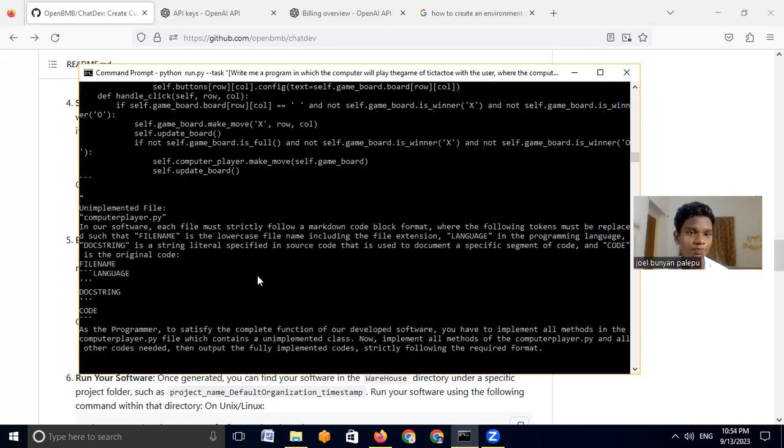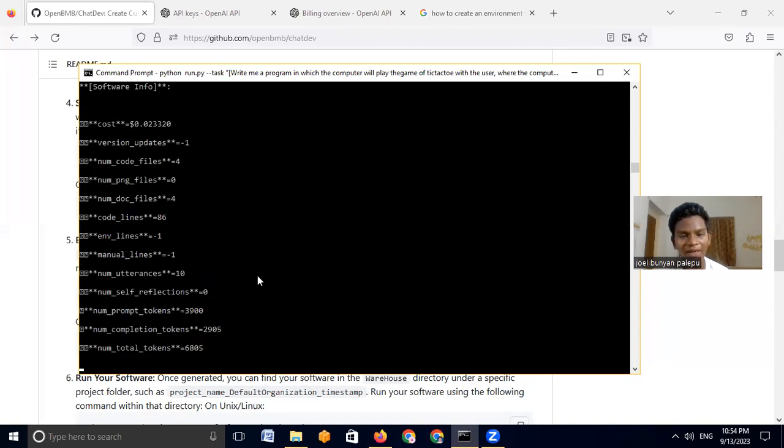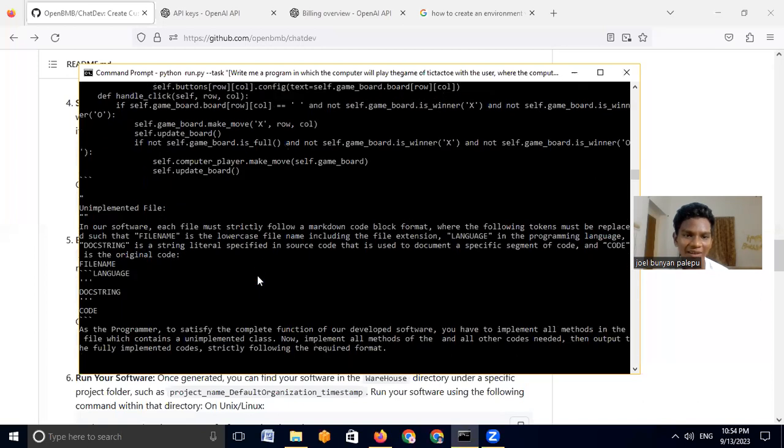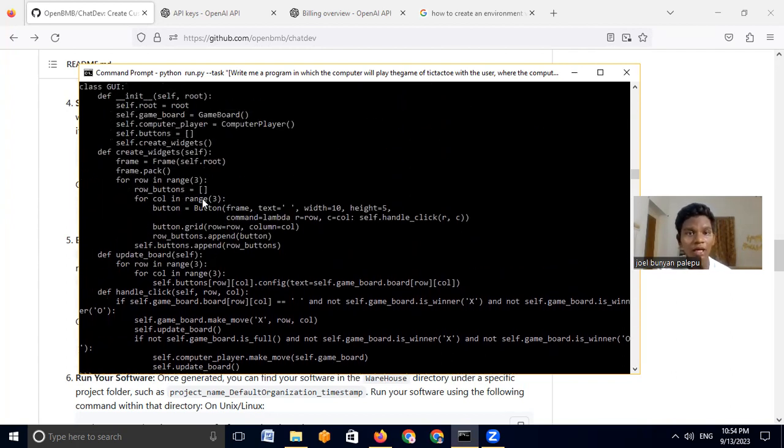I think it is pretty realistic, right? The conversation between the programmer and the CTO, the tester. You could even read it. I didn't read any, and the program also looks pretty good. Yeah, I think we are going to get a